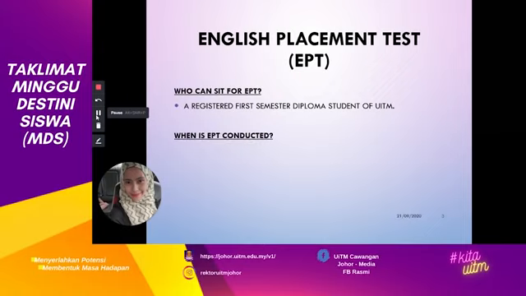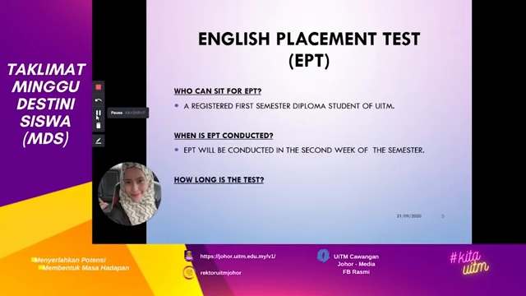When is EPT conducted? The test is going to be conducted in the second week of the semester. How long is the test? It is only 90 minutes long. Alright, ladies and gentlemen,